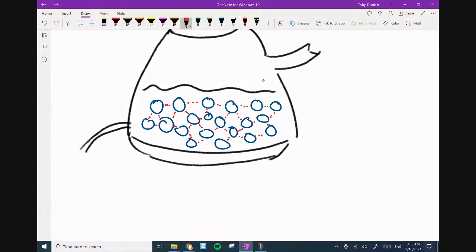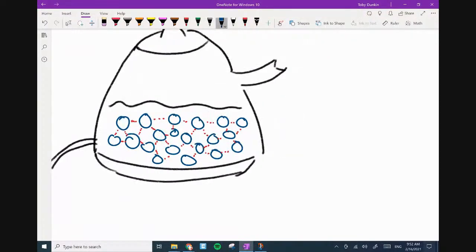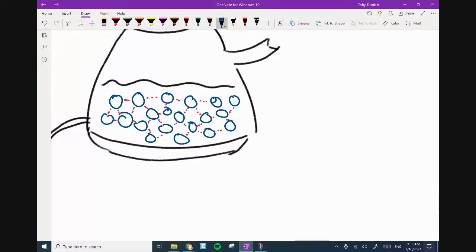So, if you like, we could go covalent within. So covalent within, but these dotted lines are WIMFs. These are the WIMFs. Right, so when we now apply heat in our kettle, we've got our heating element,